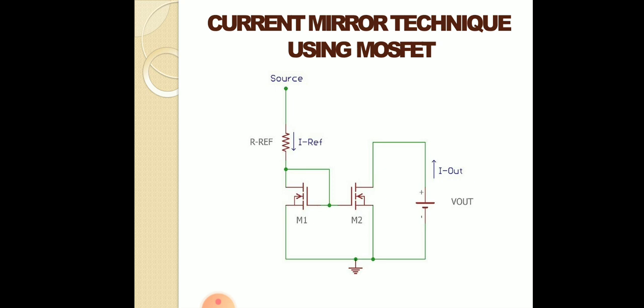The same gate to source voltage is reflected across M2. So, if M2 is biased using 0 VDG, and provided transistors M1 and M2 share identical properties and exact matching,